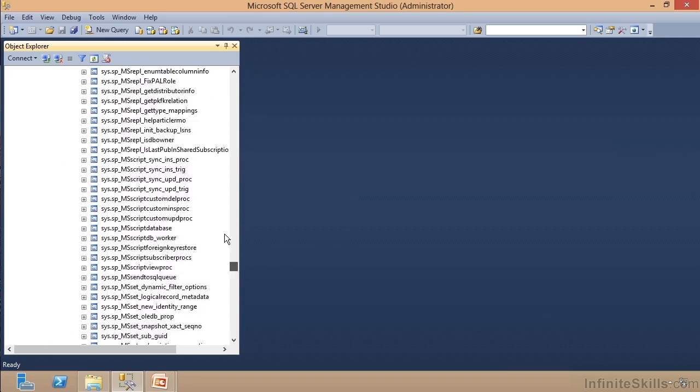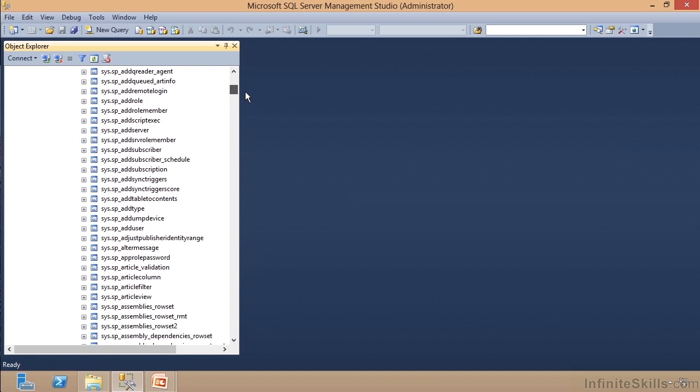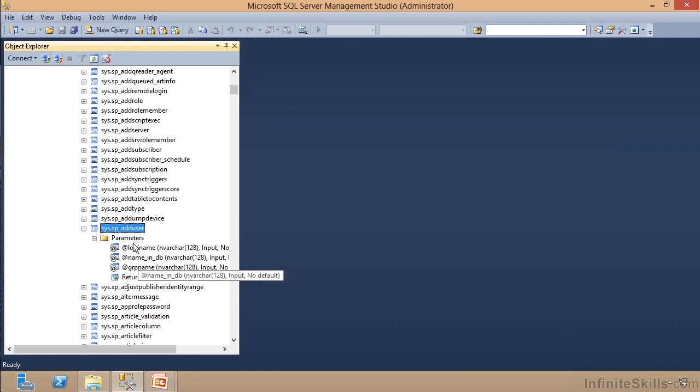And you can do all kinds of things with these, but let me come back up here and show you, for example, when we want to add a user, there is the system stored procedure add user. And I can expand this and I can see the parameters that it accepts. Notice it takes a login name, name in database, group name, and so forth. And if I right click it and choose modify while we're out here playing around in the graphical user interface,